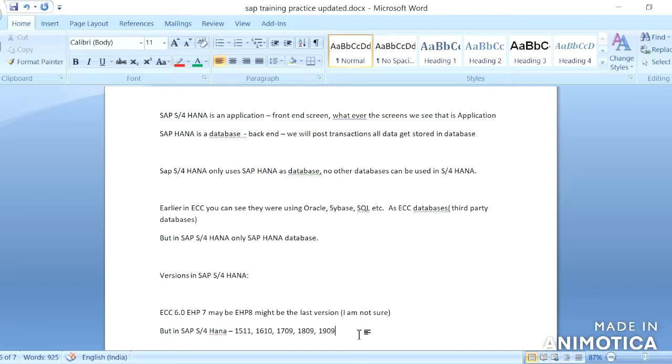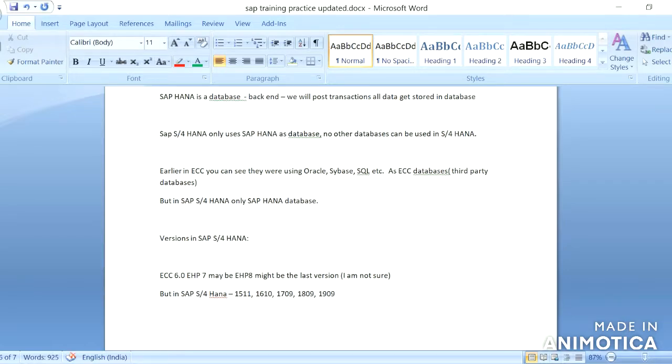One more point to cover, mainly on the SAP HANA database. We can use the SAP HANA database even on ECC. The SAP HANA database was released before S/4HANA.